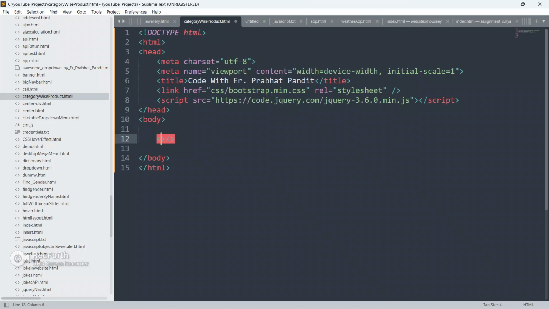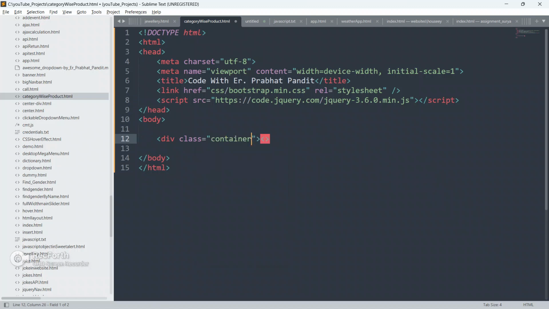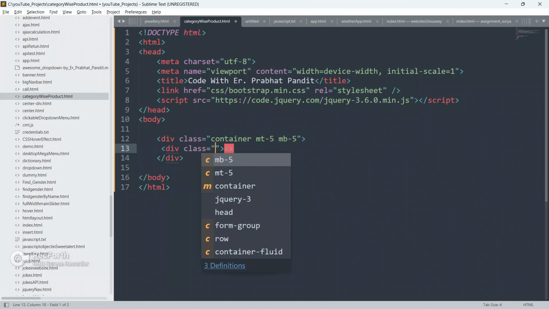So create a div, guys. Give it a class as container, and margin top 5, margin bottom 5 also. Close this div now, and inside this div I am going to create another div.